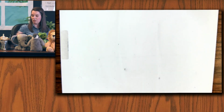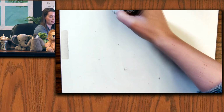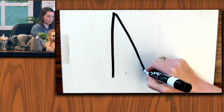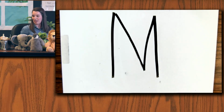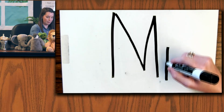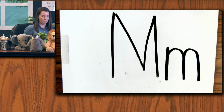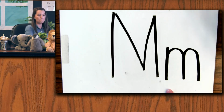Next letter that we know is an M. M says M. Capital M, pens up, line down, back to the top, slanted line down, slanted line up, line down. Lowercase m is a letter that's small, so pens out, line down, back up, bump around, down, up, bump around, down. These letters are M. M says